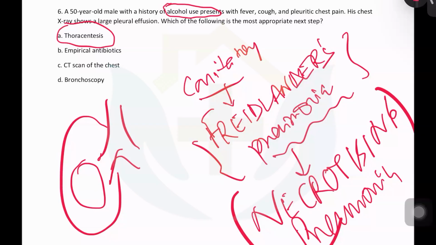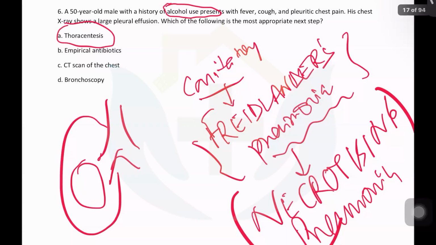Of course, now you will have better options in the exams like ultrasound guided thoracocentesis. You getting my point? So if you are doing ultrasound guided thoracocentesis, and if it is a large pleural effusion, no matter where you put the needle, it will not enter into the lung anyways. A large pleural effusion, you will need a very long needle to puncture the lung. The norm is to put the needle there in the thorax and take out the fluid. If it is pus, you need to drain it with a chest tube.